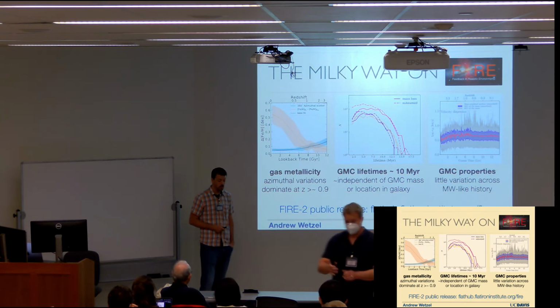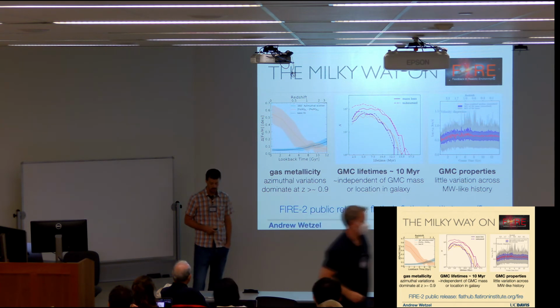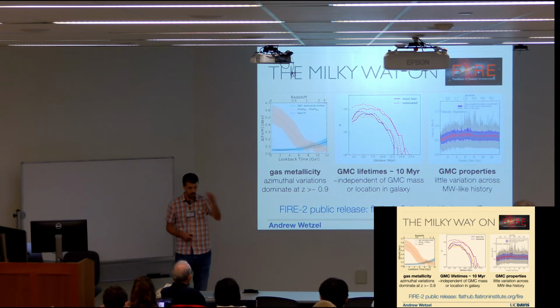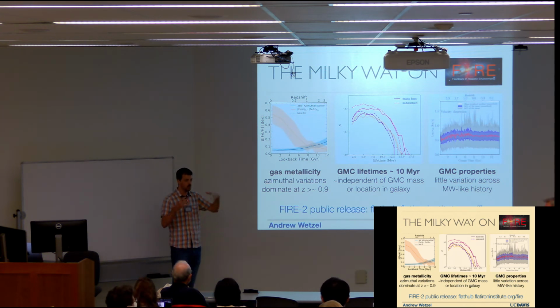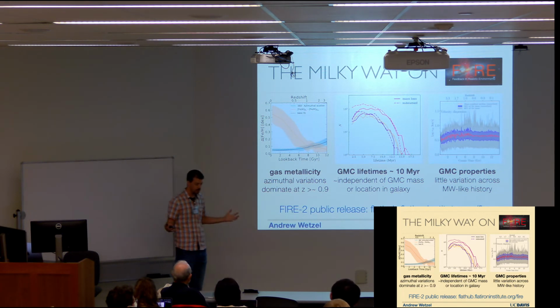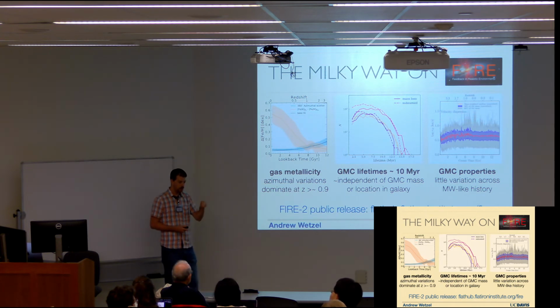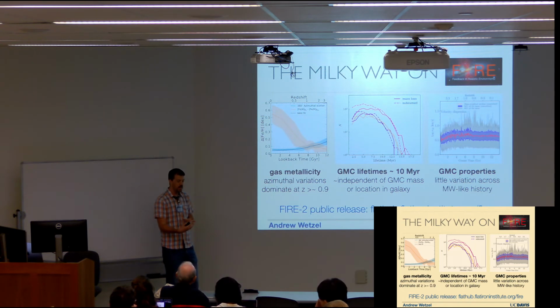So to elaborate a bit, there are two different flavors of chemical tagging people talk about: strong chemical tagging, which is recovering individual star clusters that may have formed, and a weaker form, which is really just how did the disk form? I think the disk-wide stuff is still very viable. I think individual star cluster chemical tagging is viable for relatively young star clusters whose stars may still be phase coherent today. Doing anything beyond that for stellar populations older than 6, 7, 8 gigayears ago is going to be very, very challenging.